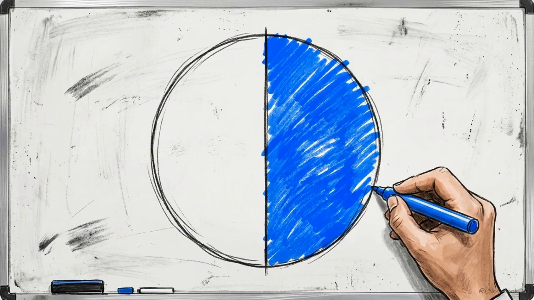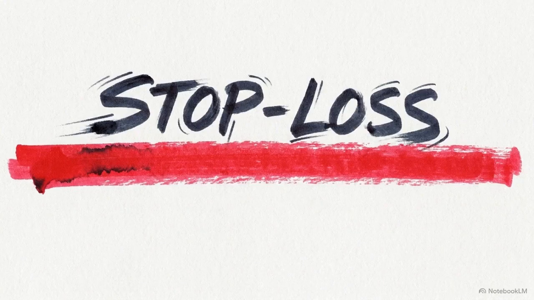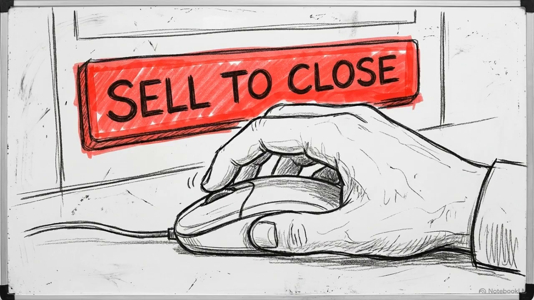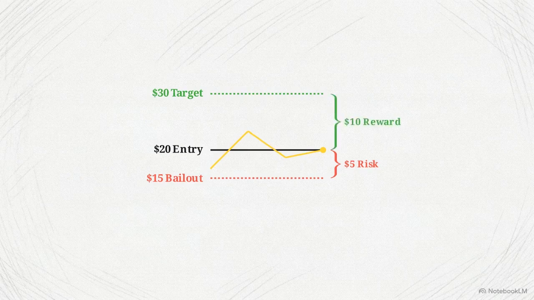Calculating your potential upside is only half the equation. A trade plan is critically flawed until you explicitly define your exit floor. This exit floor is your bailout line. It is the exact price point where you accept your original thesis was wrong, allowing you to exit the position before taking heavy damage. On our XYZ chart, we set a bailout line at $15, establishing a maximum acceptable loss